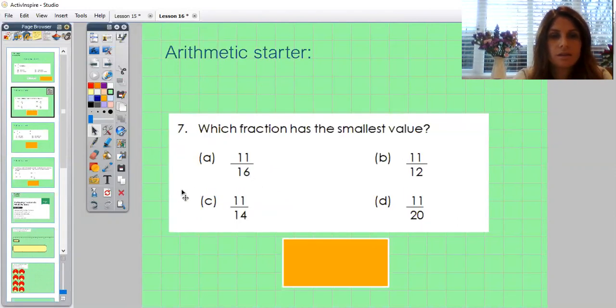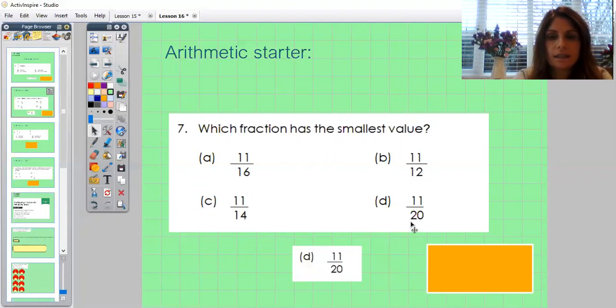Okay, question 2. Which fraction has the smallest value? So look at those fractions, decide which one's the smallest. Write it down. 3, 2, 1, 0. You should have had 11/20, because as we know, if we cut our cake or whatever,